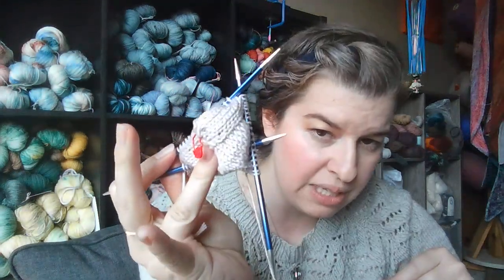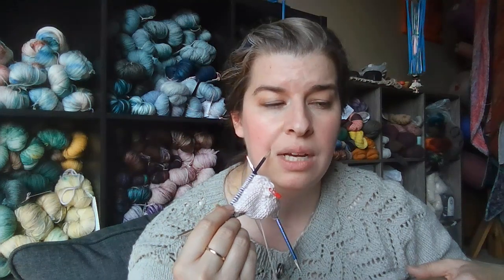Once I get this done, I'll technically have another set done, and then I'll just be doing another of this base and another of this chocolatey brown base, and then I will have my 3 sets done, because that's my goal, because I'm going to be going to the Michigan Fiber Festival coming up. So just to let you guys know, if you're not aware, there is a really big fiber festival in Allegan, Michigan coming up here